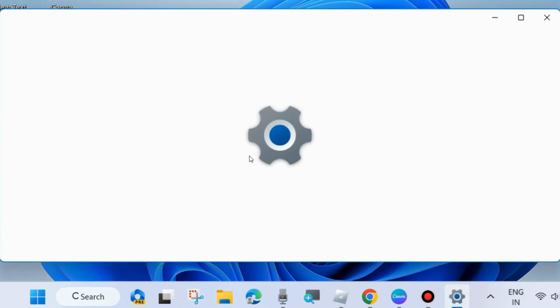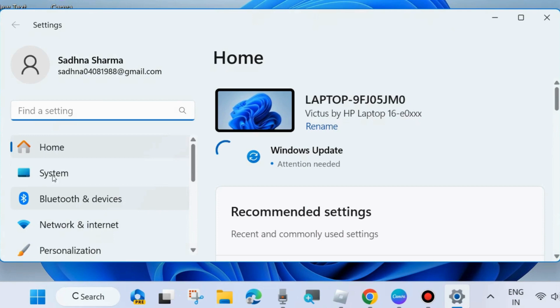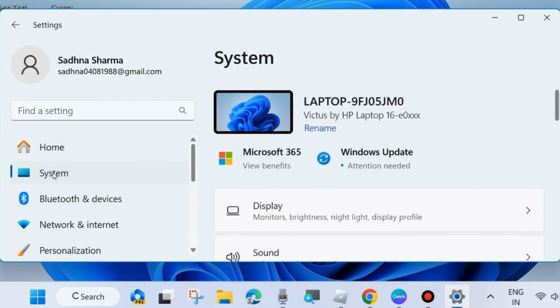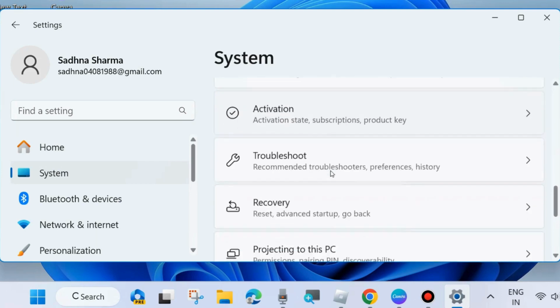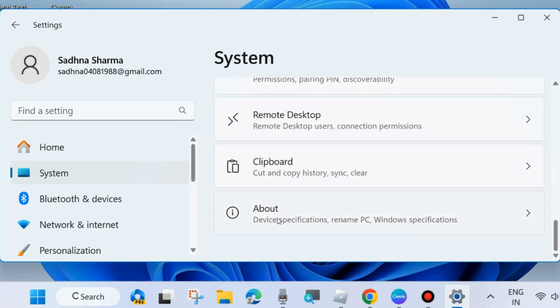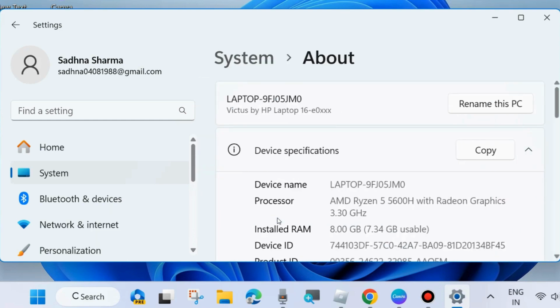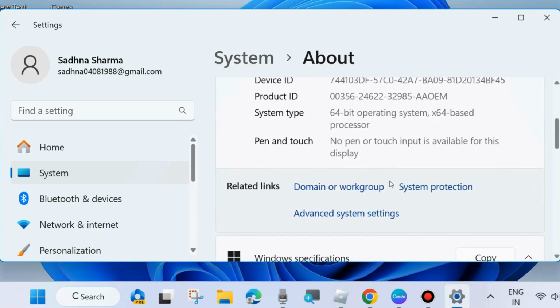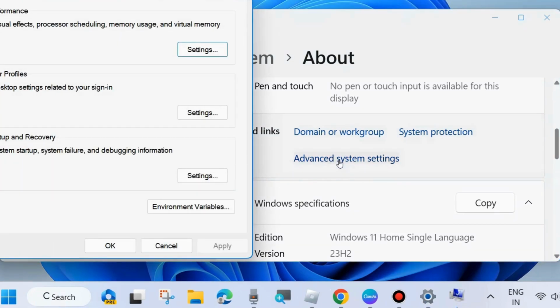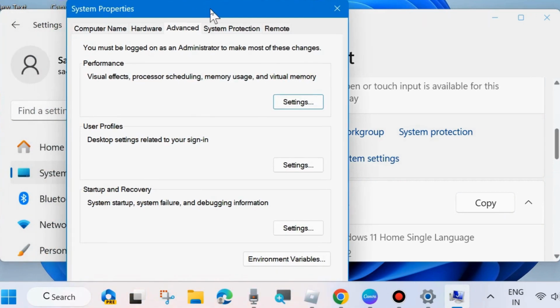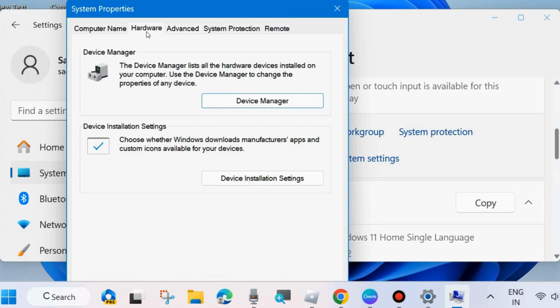First one is go to settings of your system. From the left side go to system settings and thereafter go to right side, scroll down and look for about settings. Tap on about. Here scroll down and click on advanced system settings and a new window will open. System properties. Here from the top menu bar go to hardware and thereafter device installation settings. Click on device installation settings